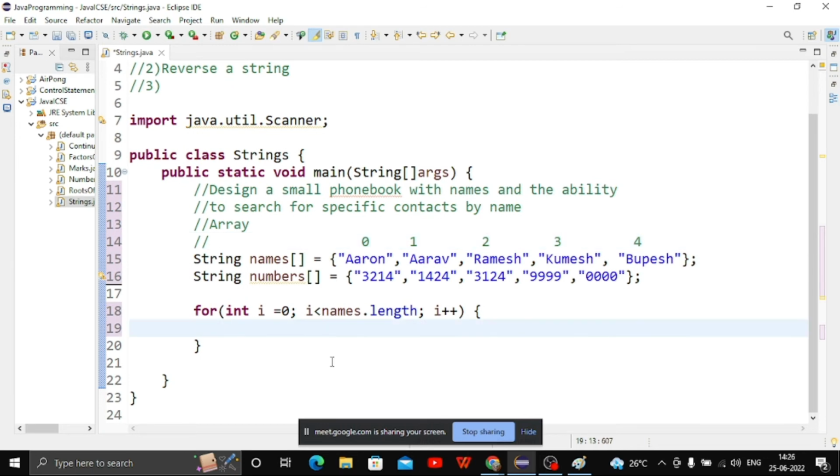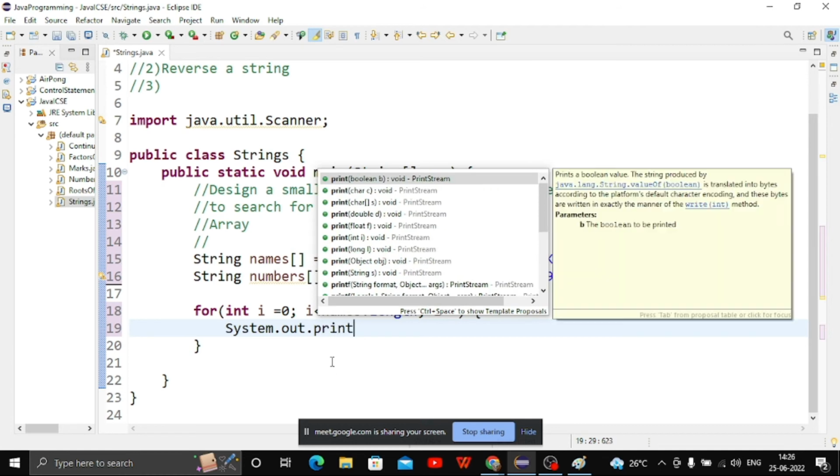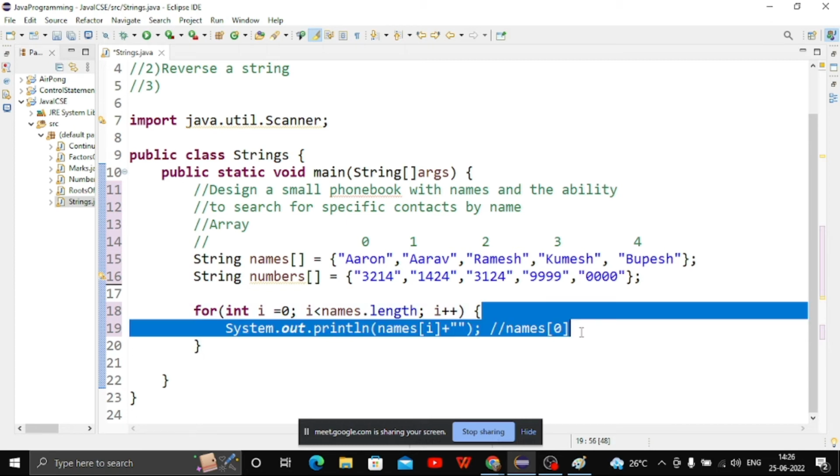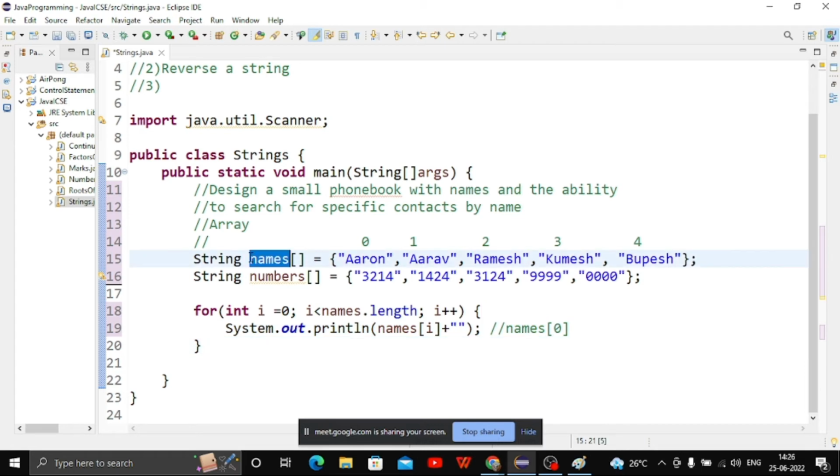Now in order to print out, this is very simple. System.out.println(names[i]). So basically, when I say names, open square bracket, close square bracket, i, in the first iteration it will be names of 0. It will return the value stored in the first index in this array. What is the value stored in the first index? Aaron. Perfect. So it will return Aaron. Now plus